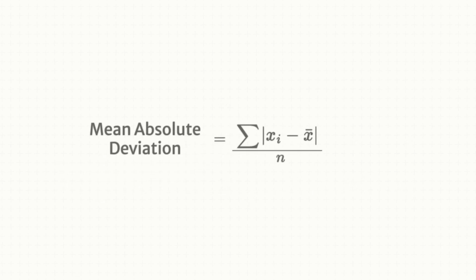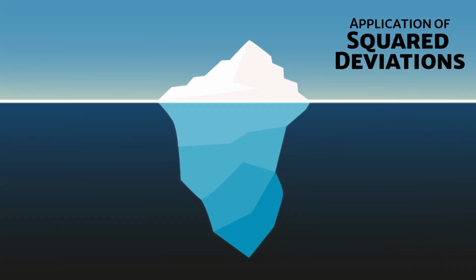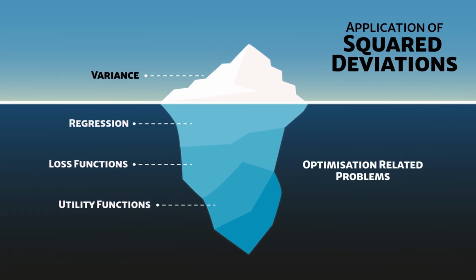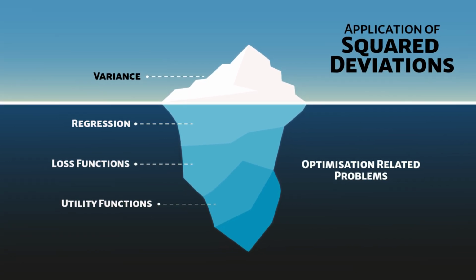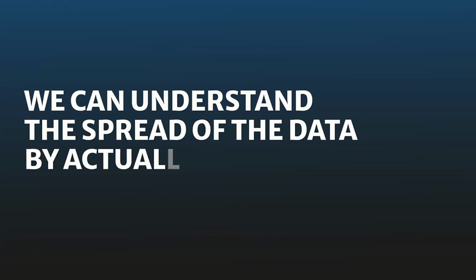This metric is more intuitive because it literally tells you what the average deviation between your data points and the mean is. However, as you dive deeper into statistical concepts, especially in optimization related problems, you find out that using the squared transformation of deviations has some nice benefits, but for simply understanding the spread of the data, it is not necessary. Let's not forget that we can understand the spread of the data by actually looking at the percentiles